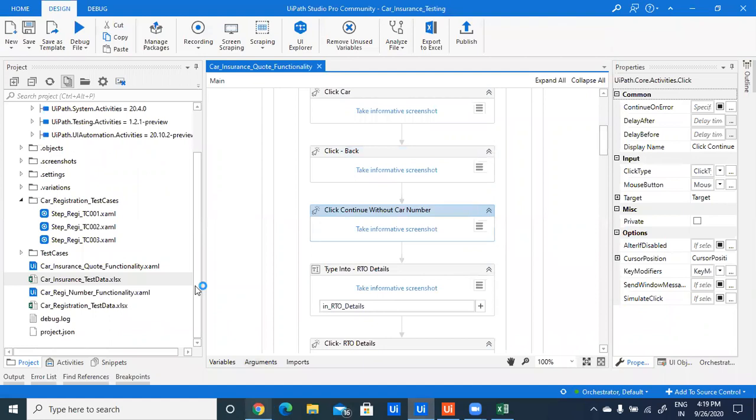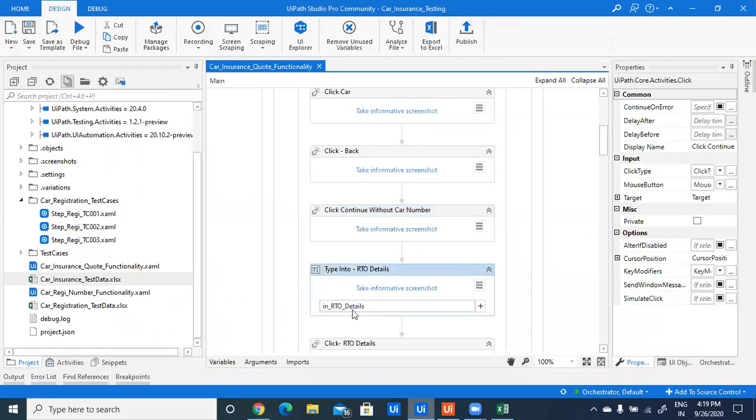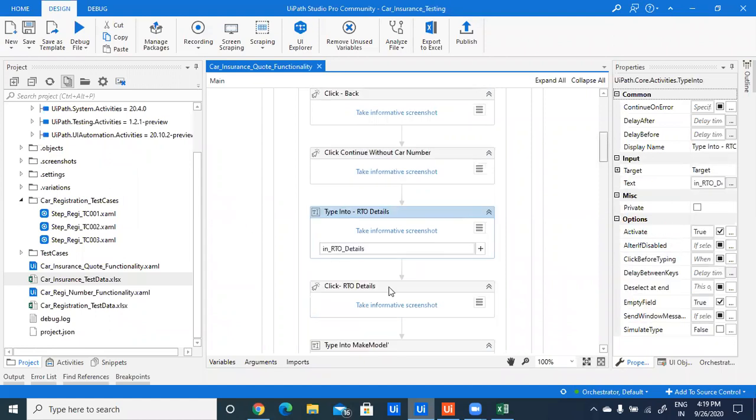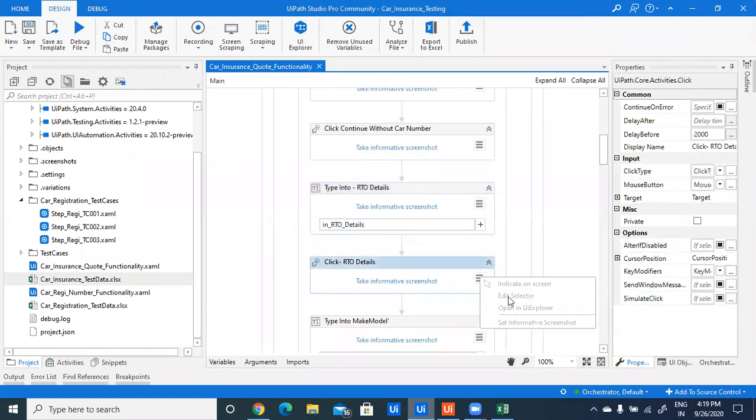Here, for example, if you type and then release the cursor, the data will disappear. So after typing, we have to select from the list. For this, I have used a click activity, and here we have used a dynamic mechanism. For example, the Excel data for type into has been stored in this argument, and in the click activity I have passed the variable.